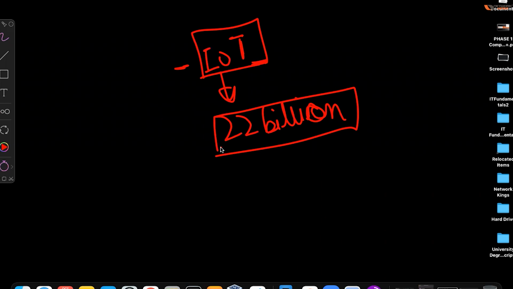Most of these IoT devices work with default passwords and generic passwords. Meaning the passwords that are already set, admin password, right? These devices are vulnerable. These devices are small in size. That is why a lot of research is going on in the world on how you can secure these devices.